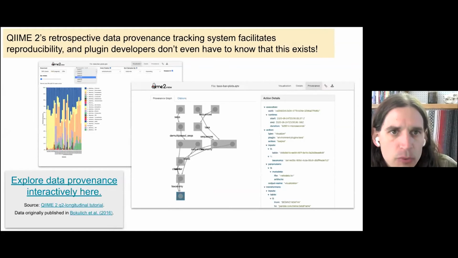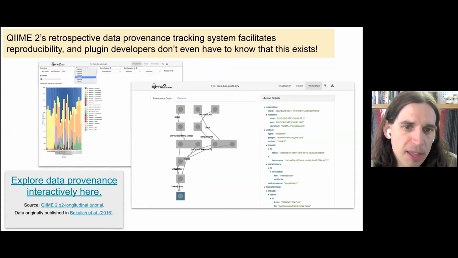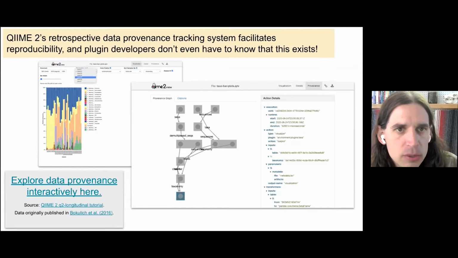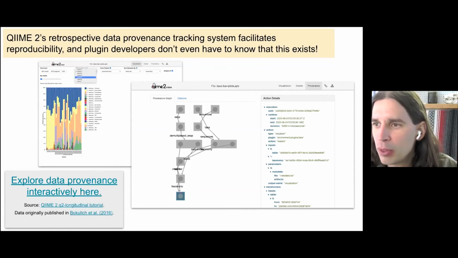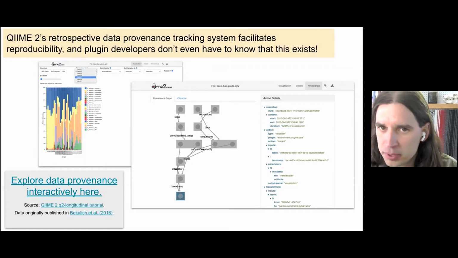QIIME 2 is also really focused on enabling reproducibility of bioinformatics methods and workflows. And it includes a pretty cool, pretty unique retrospective data provenance tracking system that facilitates reproducibility. And plugin developers don't even have to know that this exists. Anything that their plugin is used for in QIIME 2 will automatically be recording data provenance behind